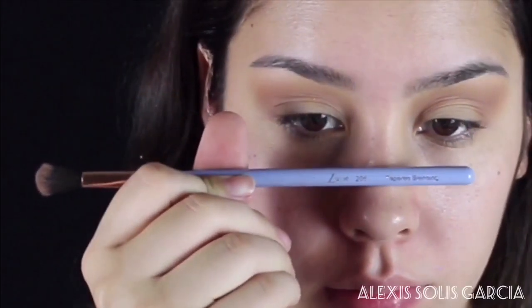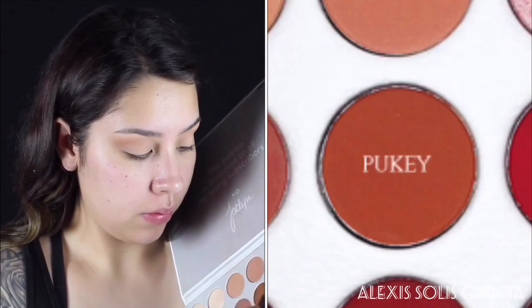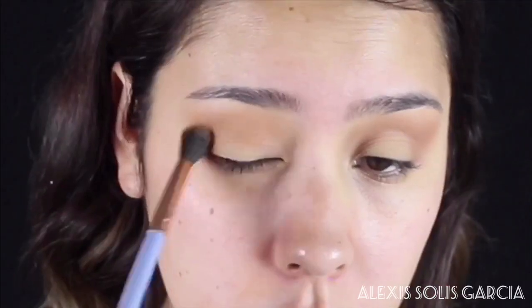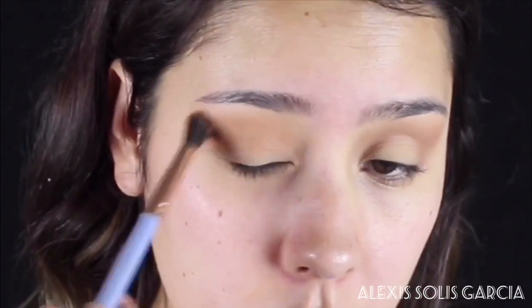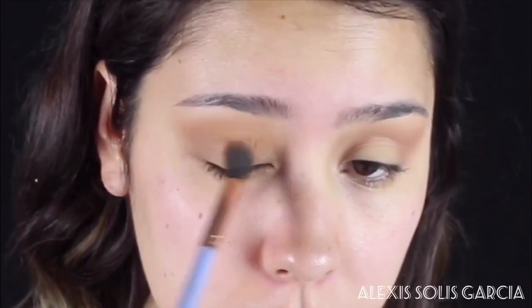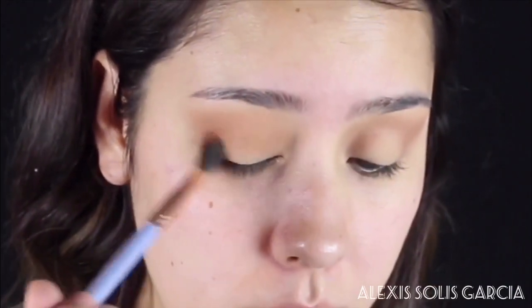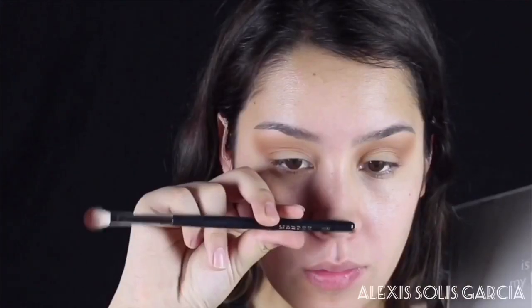Next, I'm using the 204 blending brush by Luxe, and I'm getting this color right here. I'm going to sweep my brush down a little bit. I like to do sweeping motions. I will go back and forth and then kind of in circular motions as well. Next, I'm using this brush,